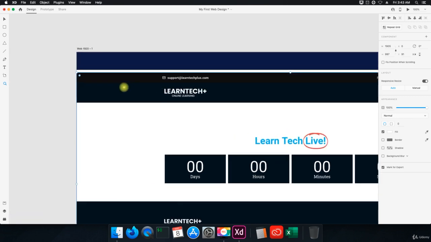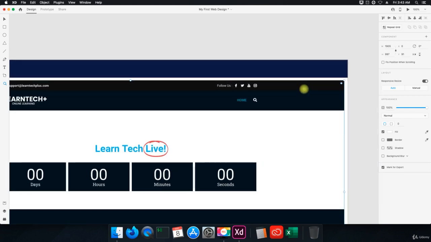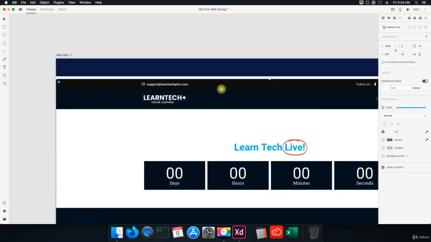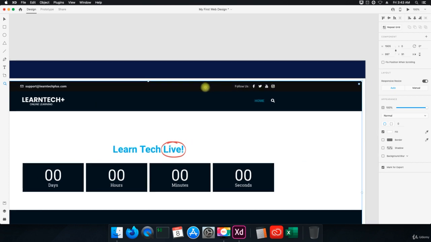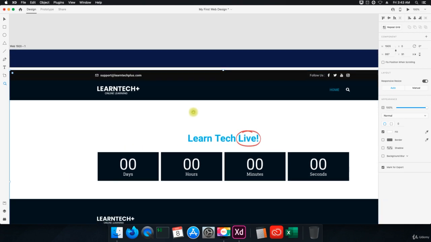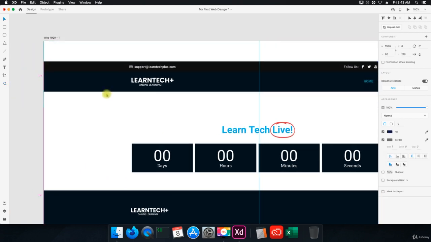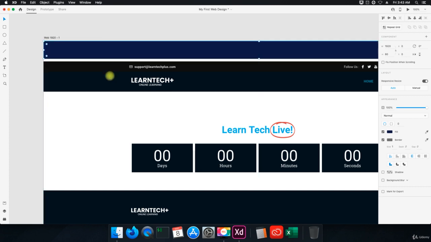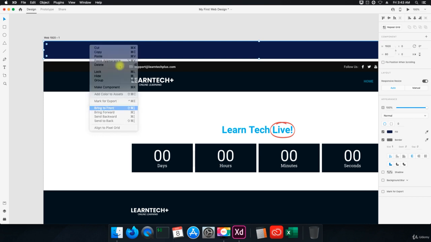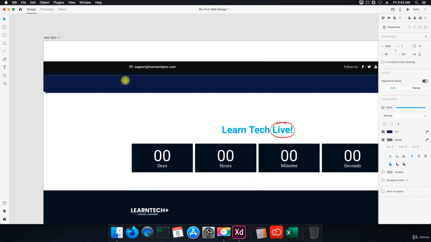The height for this section, our social media bar or announcement bar, we're not going to include in this design. But I want to see if our rectangle here is the same size as this right here. If I right click and bring this to the front, what that's going to do is,